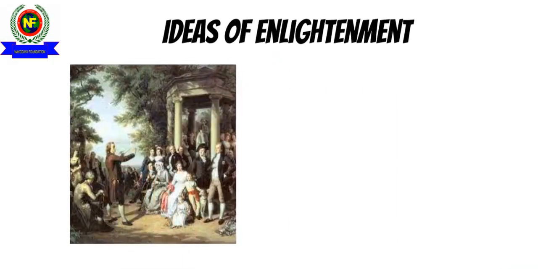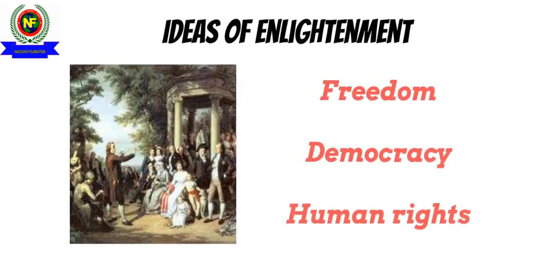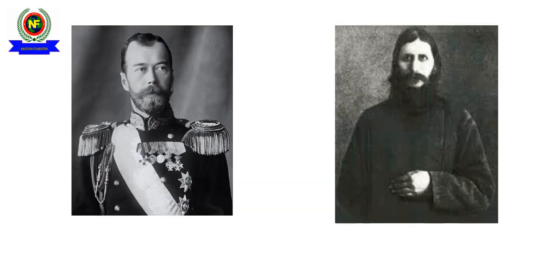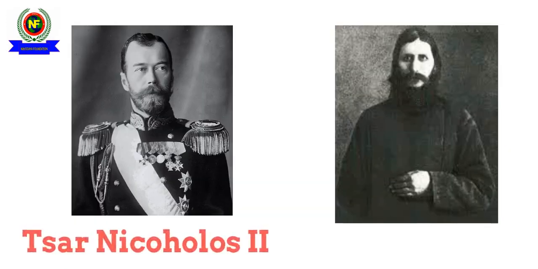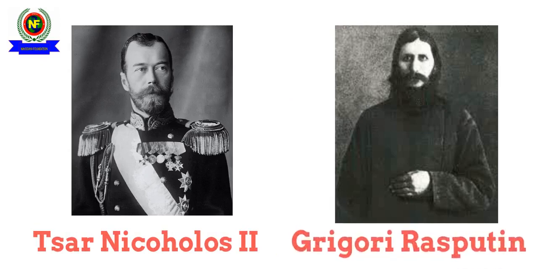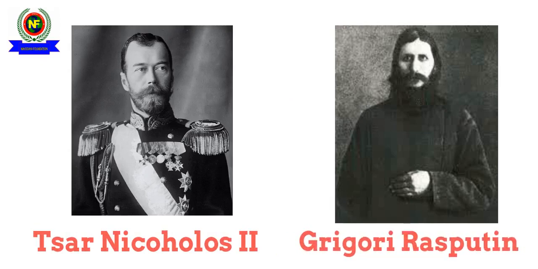But at the same time, the ideas of enlightenment, human rights, freedom and democracy had spread from Western Europe to Russia by the 19th century. But Russia itself was ruled by an absolute monarchy led by the Romanov family, and this was called the Tsarist regime. Among the Tsarist rulers, in 1894, Tsar Nicholas II had ascended to the throne, and he and his wife were highly influenced by a mystic or a saint named Rasputin, and this relationship was hated by